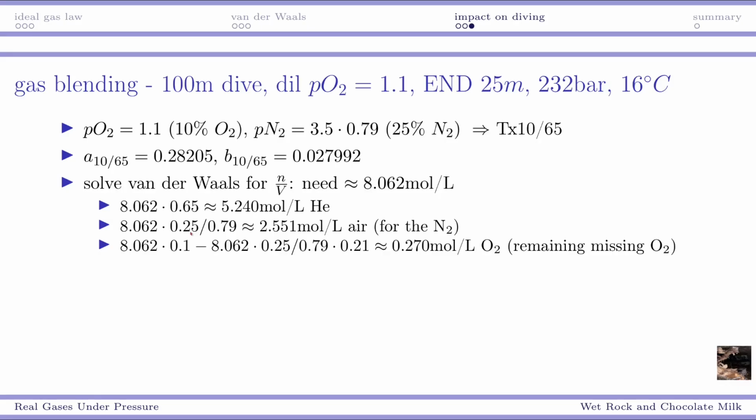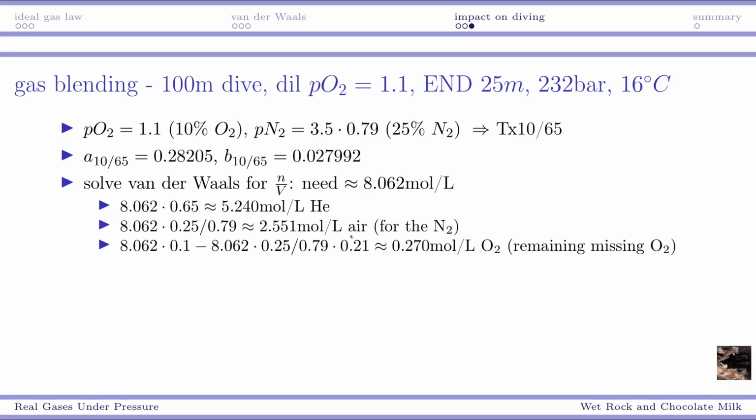But we're not going to be filling pure nitrogen, we're going to be filling air. So we're not filling at 100%, we're only filling at 0.79 fraction, meaning that to get our 8.062 times 0.25 number of moles per liter of nitrogen into the mix, we need about 2.551 moles per liter of air to be